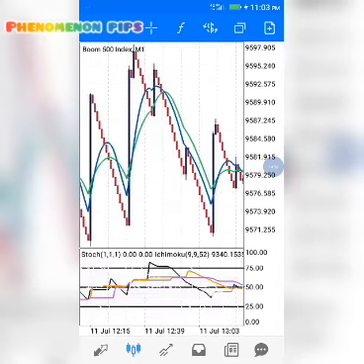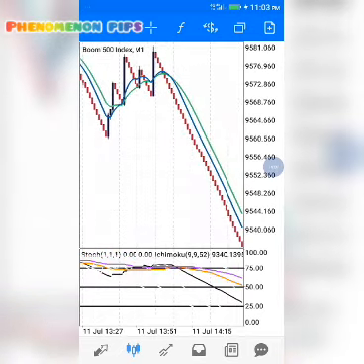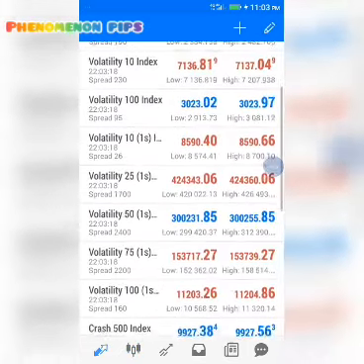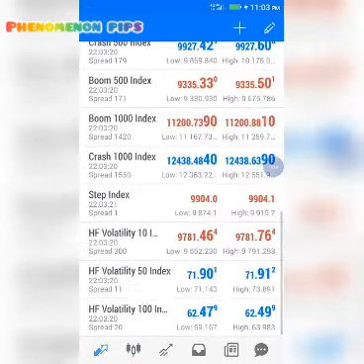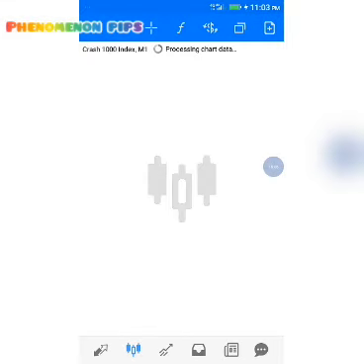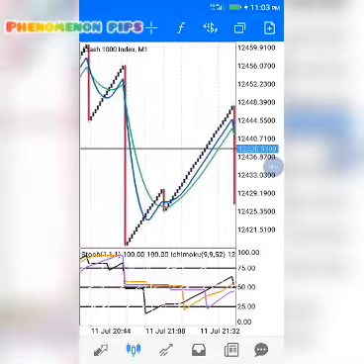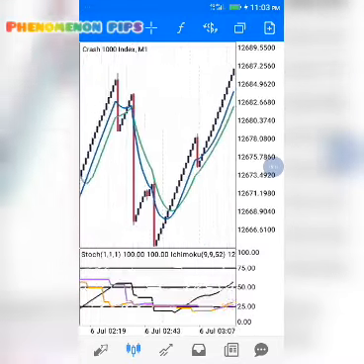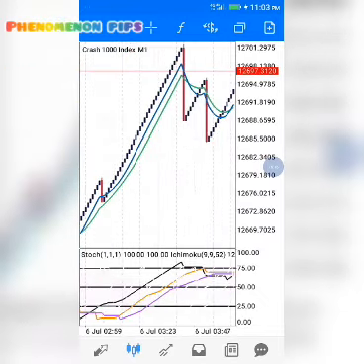It's the same thing as you will use it on Crash. Let me show you an example on Crash. It's the same thing applicable to Crash.